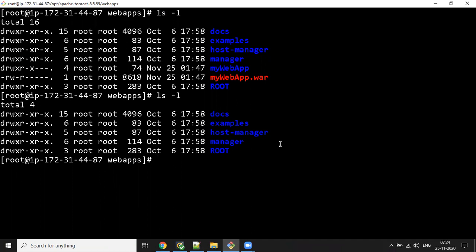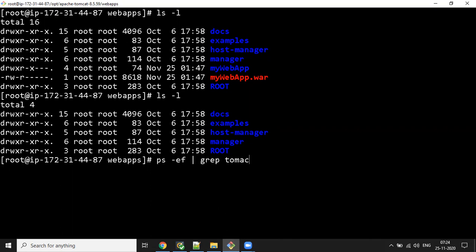We discussed already changing the port number. Suppose we want to search the process ID of your Tomcat server which is running on Java, you can use ps -ef | grep Tomcat or Java.